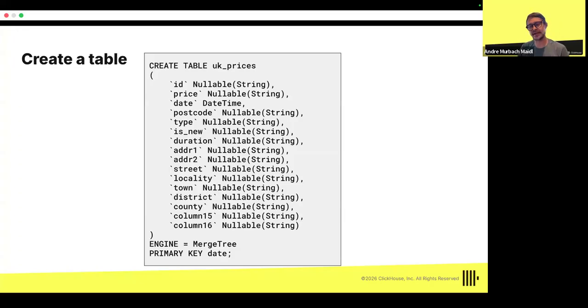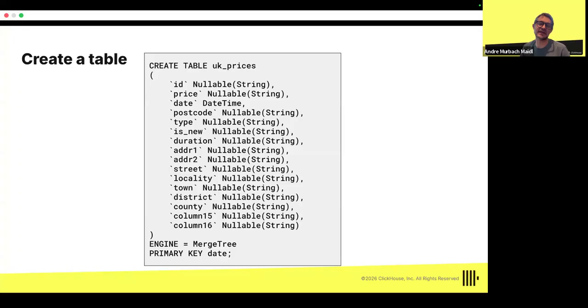I also mentioned that in ClickHouse you order data, so it makes it faster for ClickHouse to find this data and also skip data in case you want to run queries faster. How do we do that? We do this with this primary key statement in the create table. In this case, I'm telling ClickHouse that I want to order the data by date.